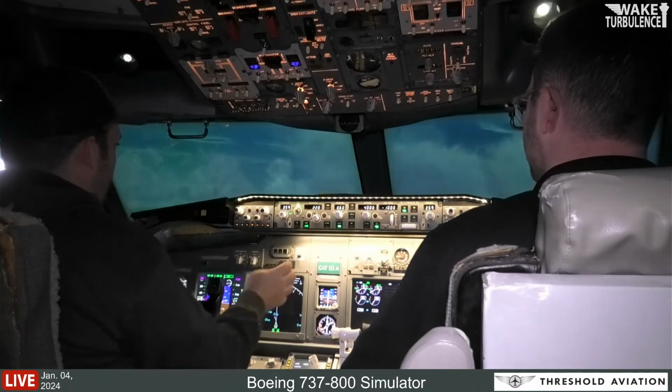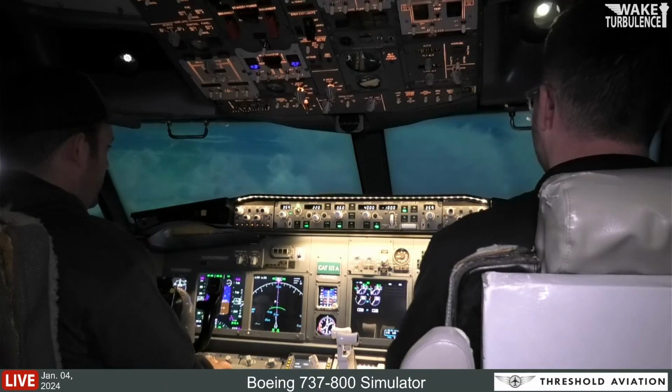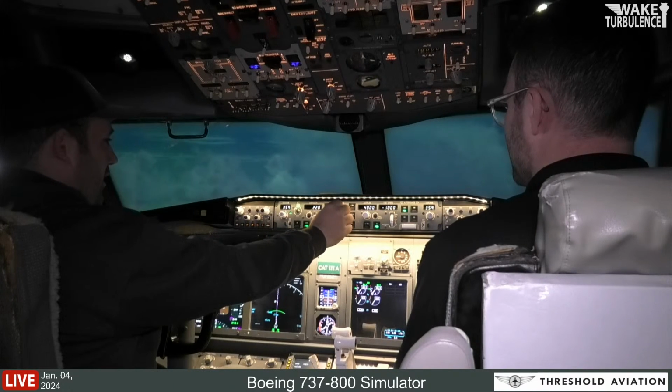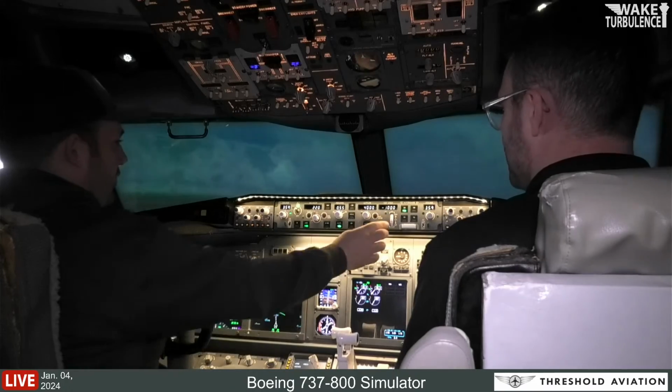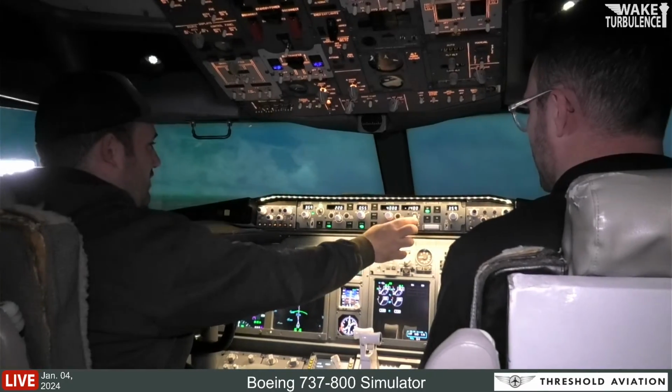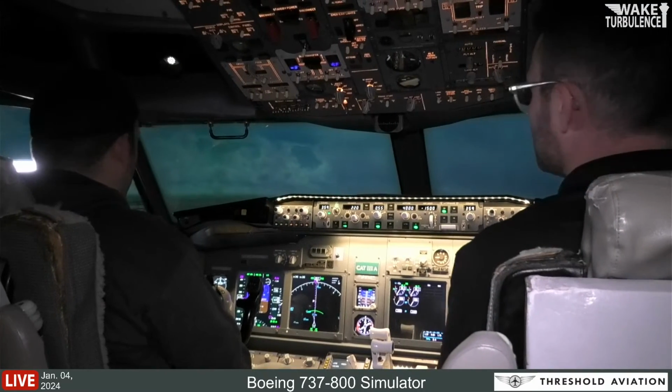Cool. Now I don't know if the camera can pick up the downtown skyline there. Let's do a short heading. Let's do 55 just to get a little bit more. And if we increase vertical speed to 1,500 just to be dangerous... Yep. Can you see Toronto out the window there?